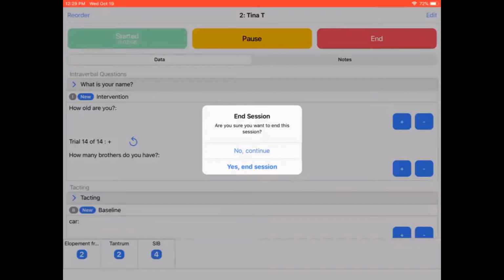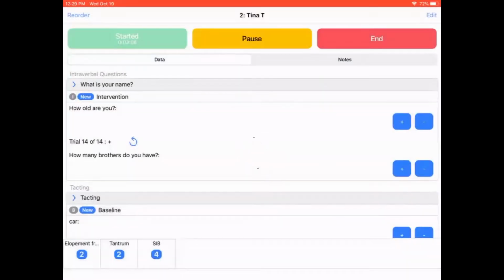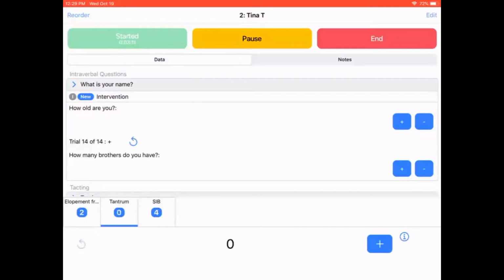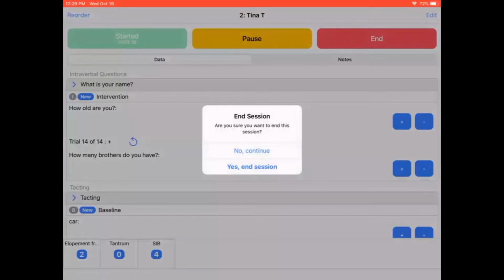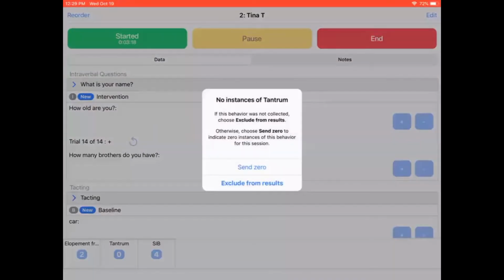I will go ahead and select no continue for now to show you if we have, let's say, 0 tantrum behaviors down here, the option that it gives me. So it says end session. I will go ahead and end the session. And now it's telling me that this client did not have any tantrums during this session. I want to also make sure that I always select 0, because if we exclude it from the results, we will not have accurate data to show that this client did not have any of those behaviors. So go ahead and select 0,